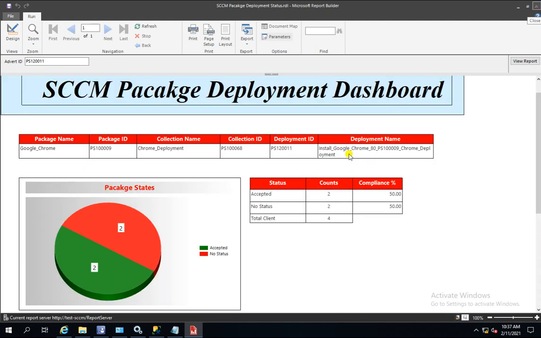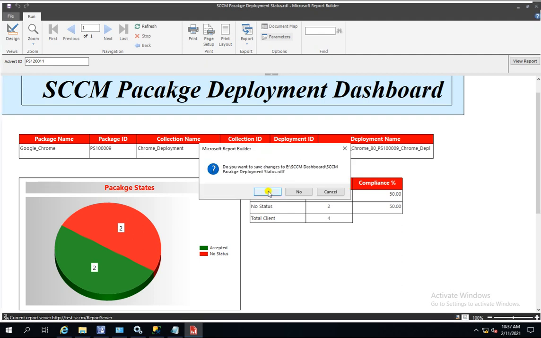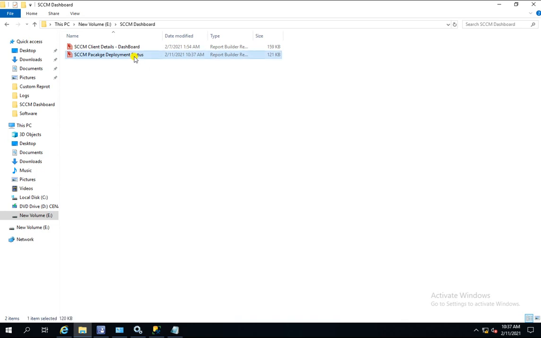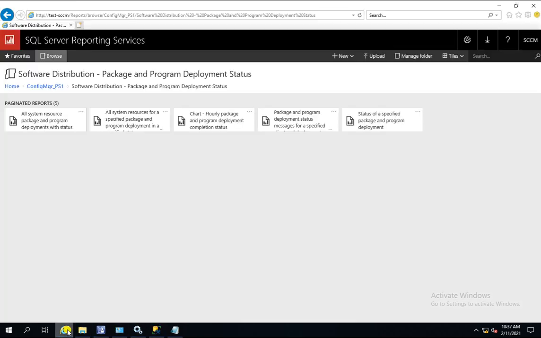And now let me save this RDL file, which I created in Report Builder, and now I'm going to import it into my SCCM. So how can I do that?